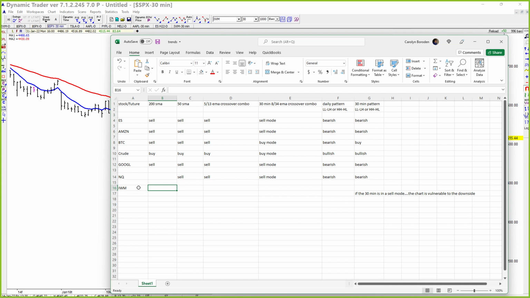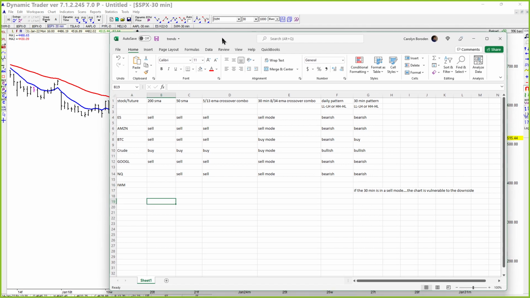I only switch to the 513 if you want a more aggressive swing trade trigger. But as far as defining the trend, I'll use the 834 on the 30-minute chart or any of the other lower time frame charts. Okay, so if you want to use this to help you stay on the right side of the market, so here's the